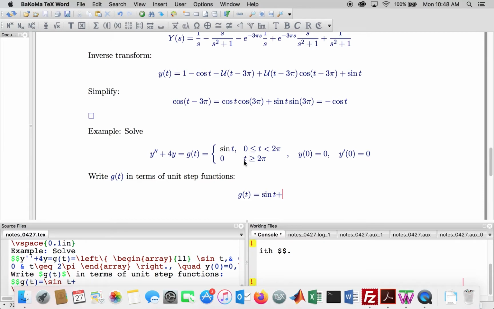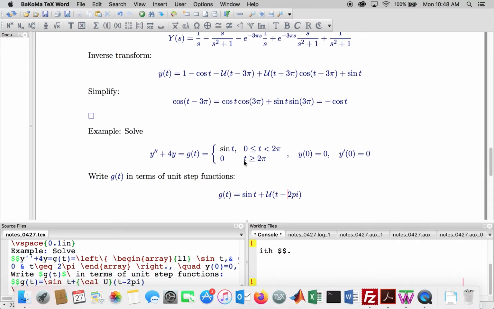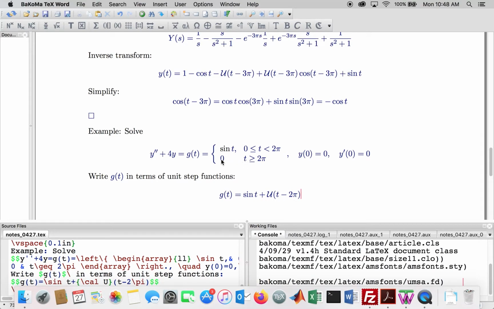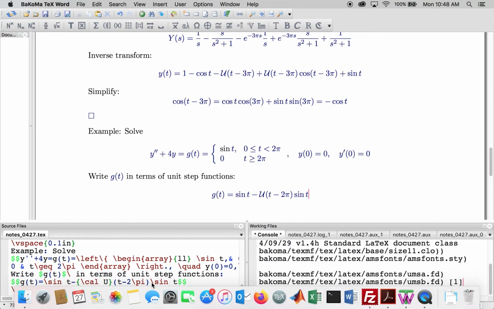So that's equal to unit step function of t minus 2 pi. Now, we fill in 2 pi here because that's the time at which we're turning this off. We put in a minus because we're turning off. And what is it we're turning off? Sine t. Okay. So sine t is effectively switched on at t equals 0, switched off, subtracted off, at t equals 2